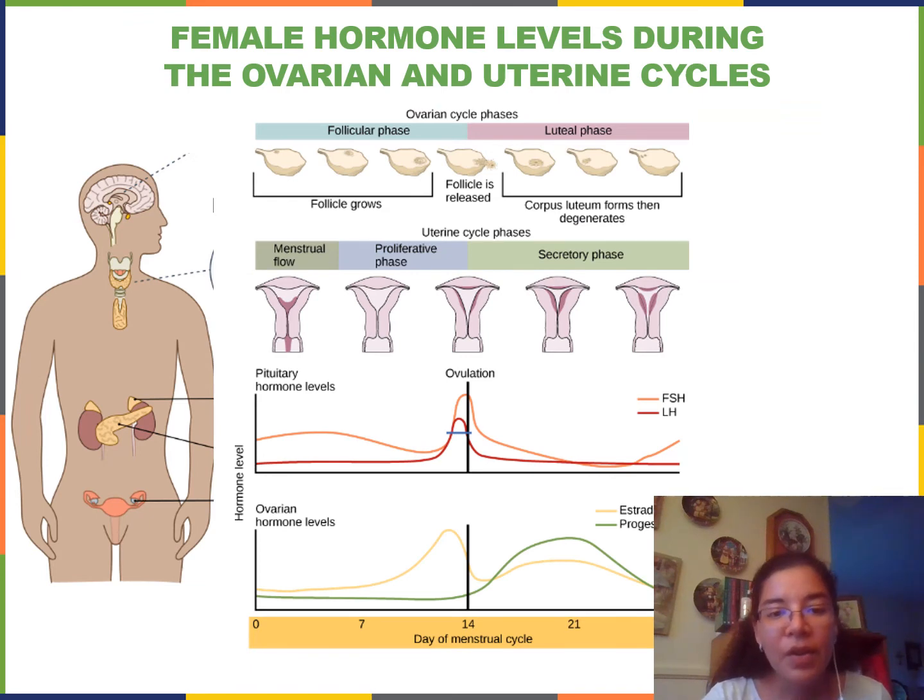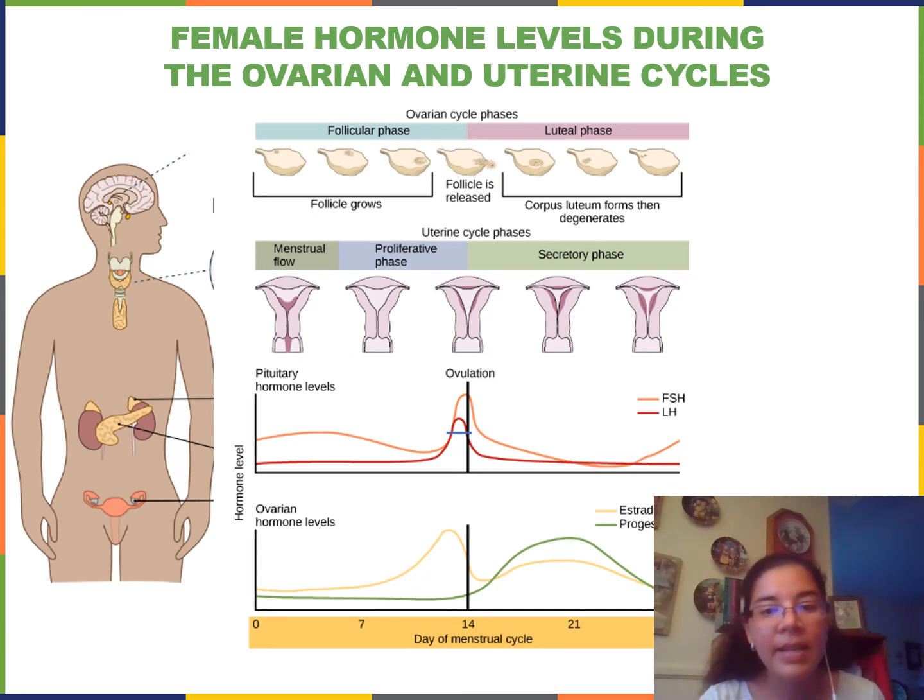Putting it together, we have the follicle grows, the menstrual flow for the first 5 or so days, then the proliferative phase along with the continuation of the follicle growing. Midway, day 14 of a 28-day cycle, the follicle releases the egg into the fallopian tube, and then the uterus, the inner lining of the uterus, the endometrium, starts thickening and continues to thicken during the luteal phase of the